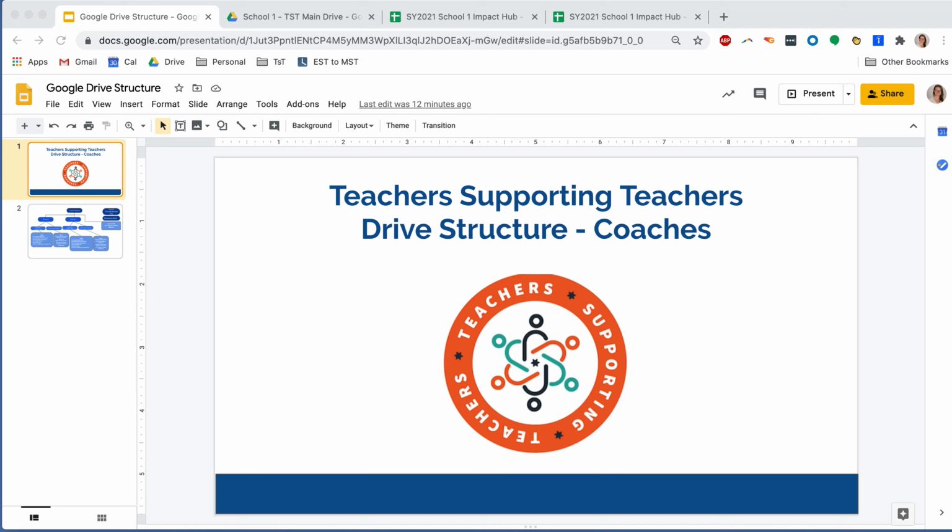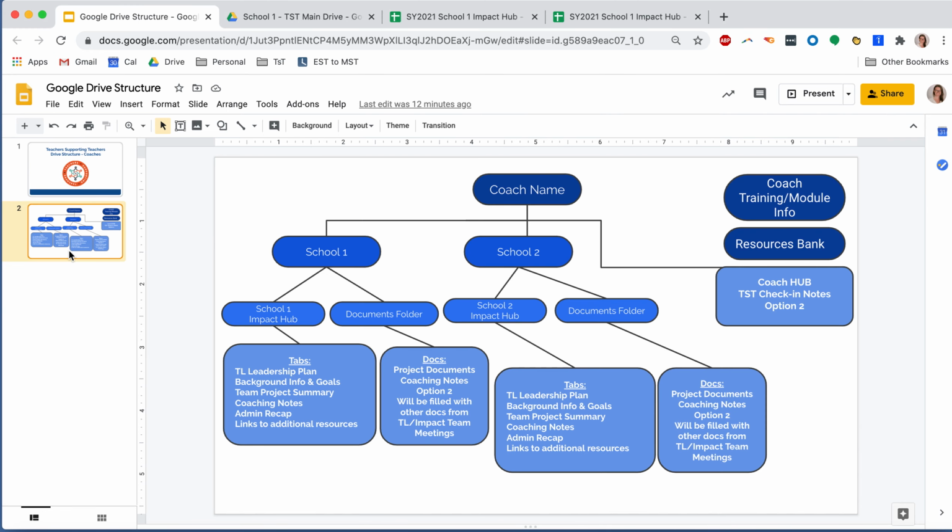The purpose of this video is to do an introduction to the Google Drive as well as the documents you'll be interacting with this year. To begin, you will have a folder that has your name on it, and that is your Coach folder. Inside the Coach folder, you'll see three things: a School 1 folder, a School 2 folder, and then your Coach